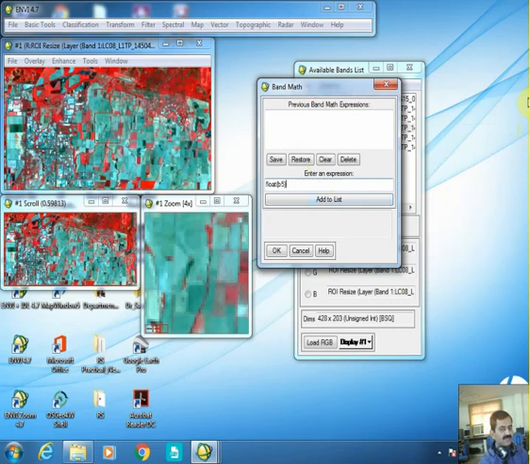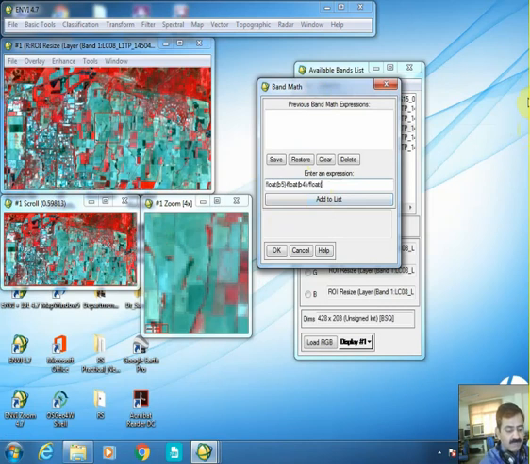That also means that even if you write B1 here, that B1 can be paired with band number 5. But for ease of understanding, we are writing B5, just so that we have it in mind that B5 is band number 5, which is the NIR band, minus float B4. So B4 here is representing band number 4, which is red. So NIR minus R divided by